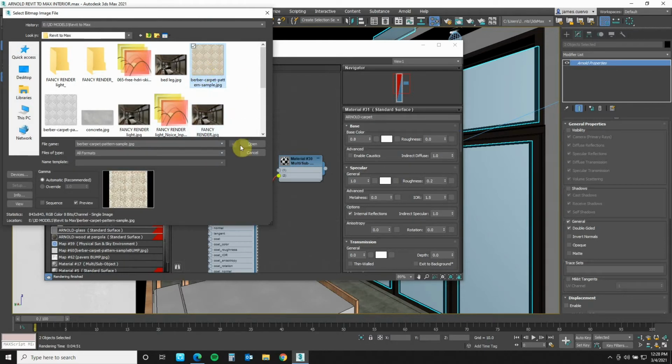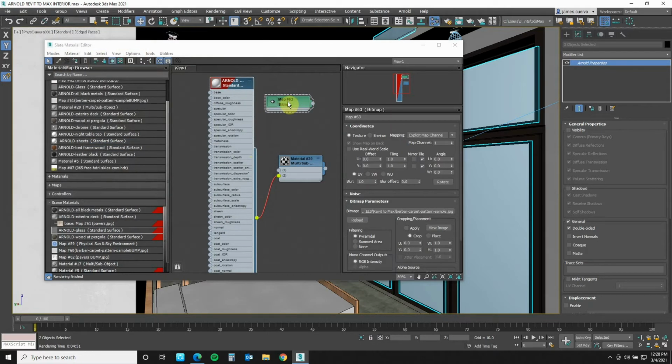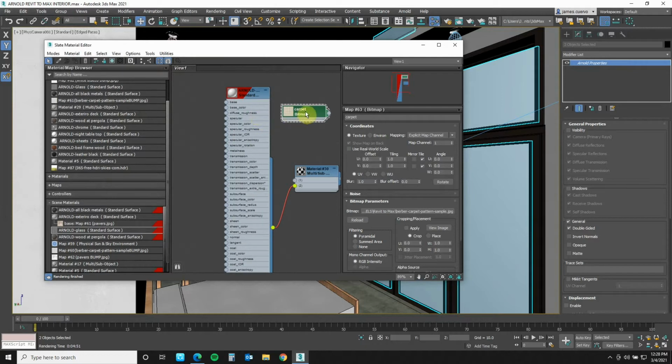This is the surface of our carpet, and say open that. Okay, once that's done, we'll call this one carpet. Okay, and I don't do caps on this because I need to identify this as a material that is influencing the Arnold. So I'll go ahead and connect the carpet to the base color,